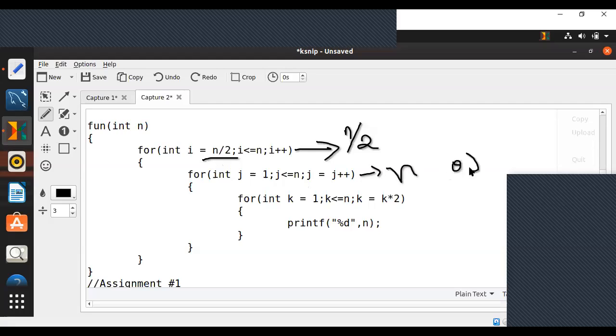N times or n by 2 times? N times. Now here's the condition. If j was equal to i, instead of j equal to n, if j was equal to i, this answer would be different. Now in our case, j is 1. It's going to execute exactly n times. Now after this, the next one we have is